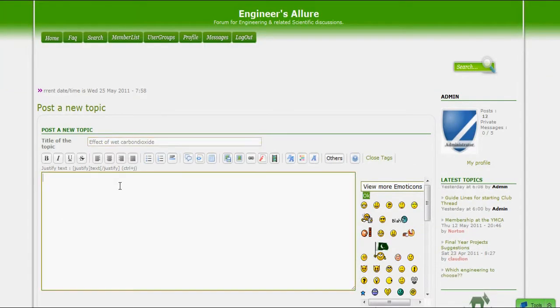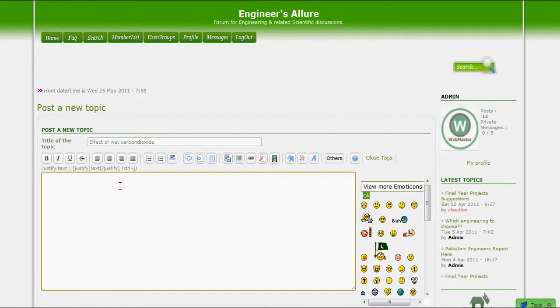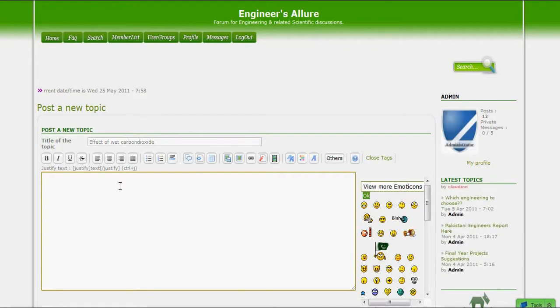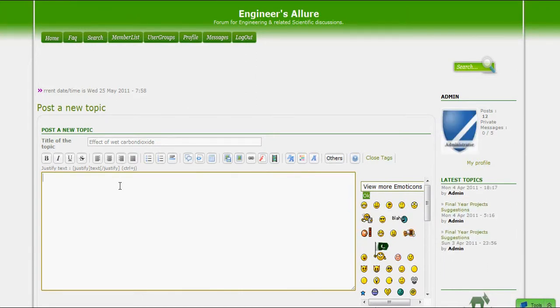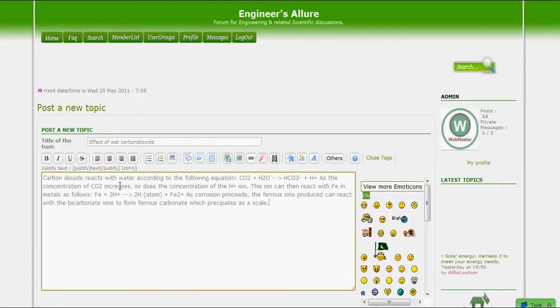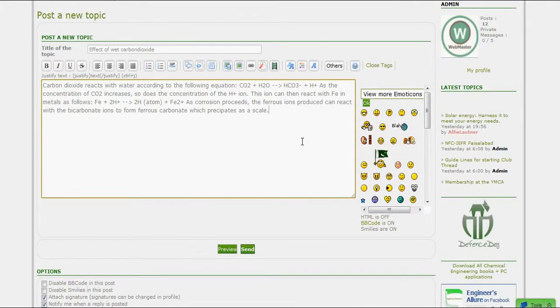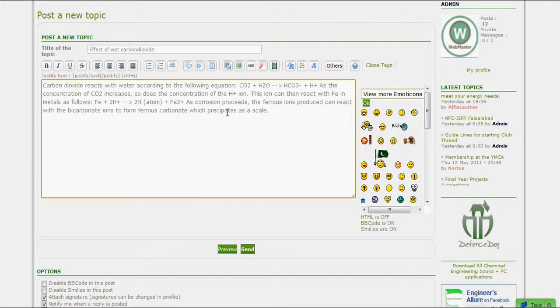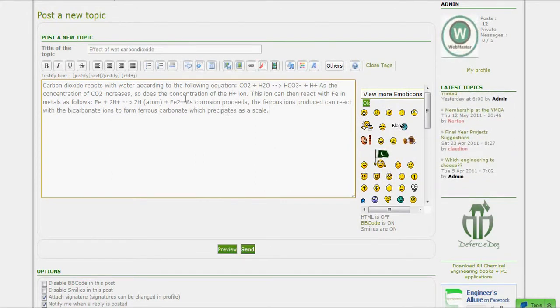Here goes the title, and beneath it you have to explain quite comprehensively what your question is. For example, I am going to ask viewers about the effect of wet carbon dioxide on iron metal. Let's see. I have prepared a text here. You can write like this. Now, to make it more realistic in chemical terms, you have to